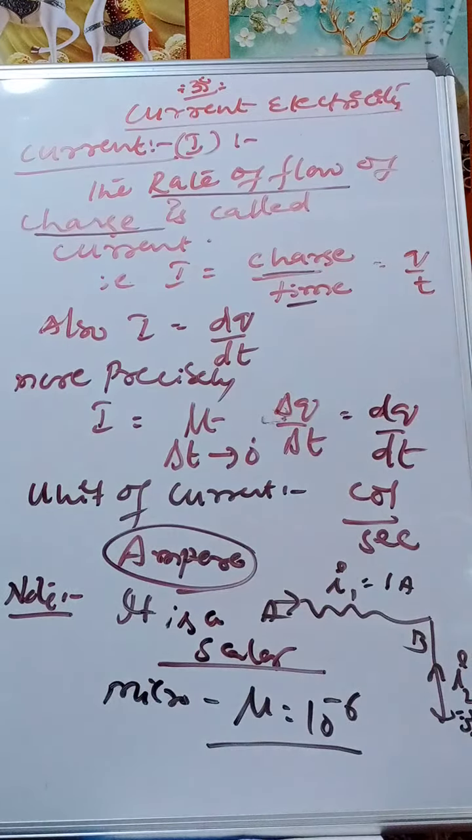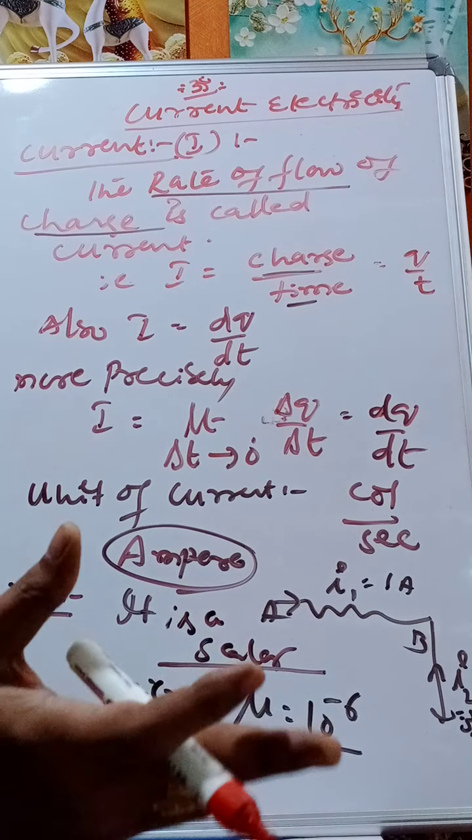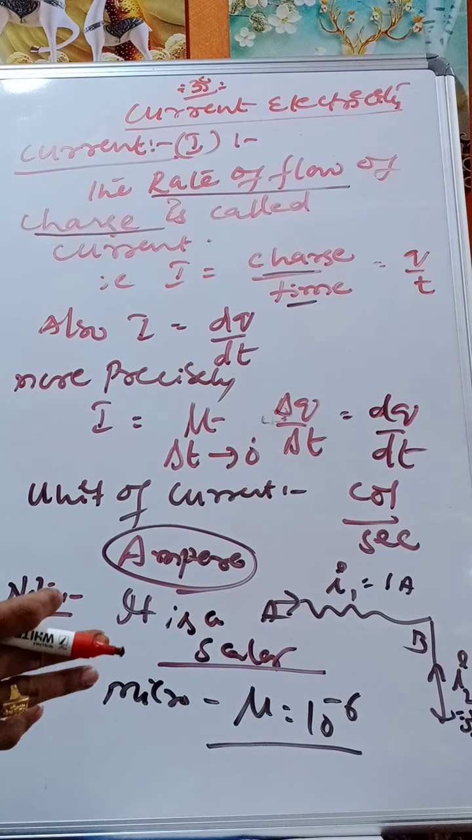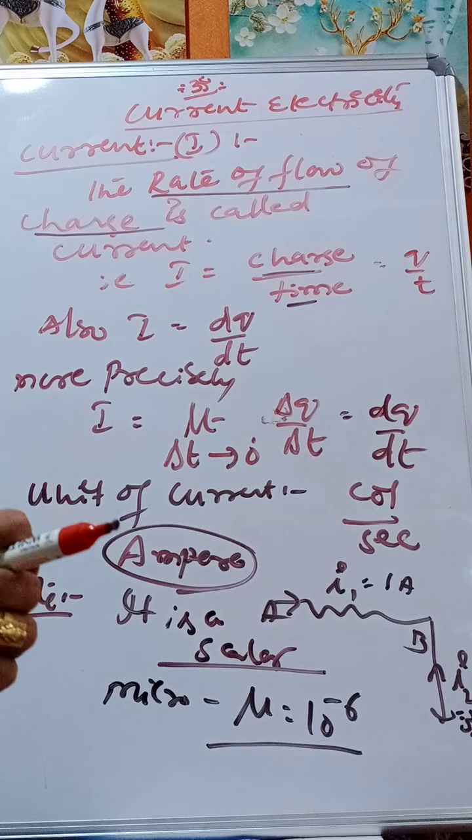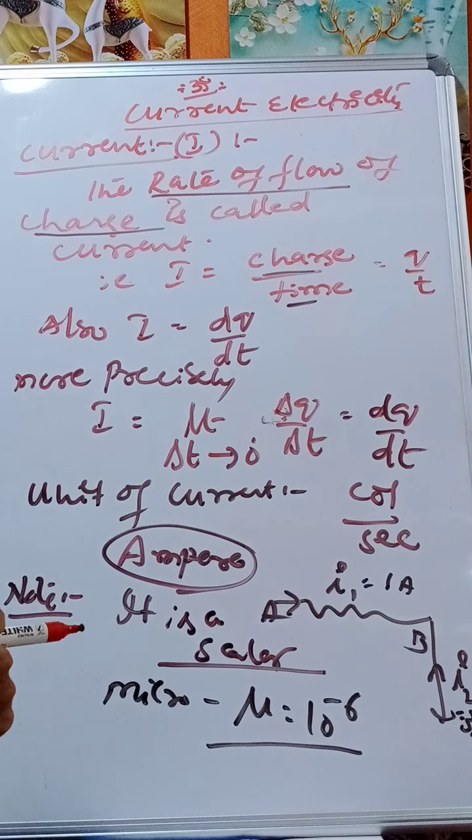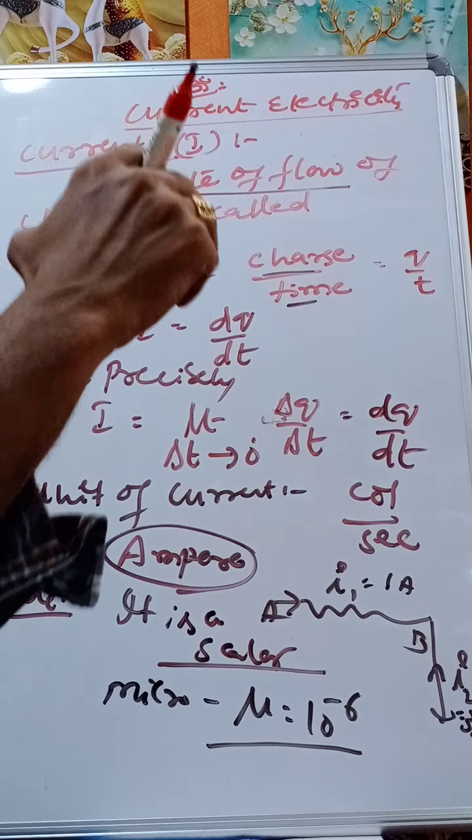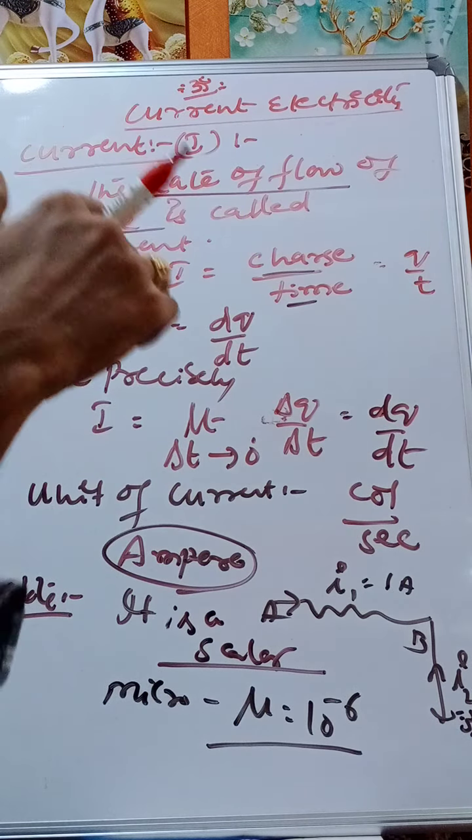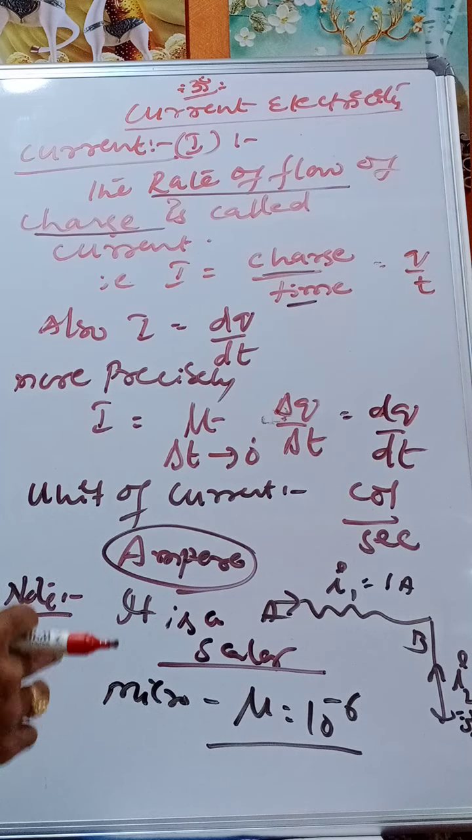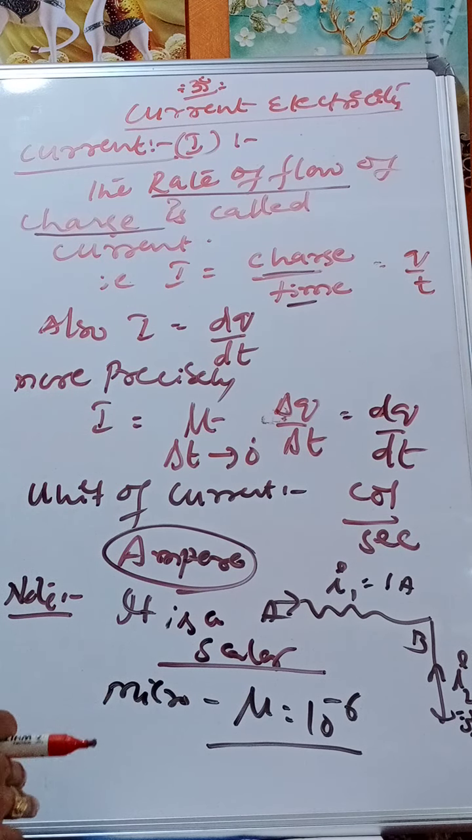Whereas in household or domestic purposes, where we use our fans and tube lights, the current is of the order of some amperes. The body carries a very small current, of the order of 10 power minus 6 amperes. Whereas lightning or thunder carries a current of the order of tens of thousands of amperes, which can